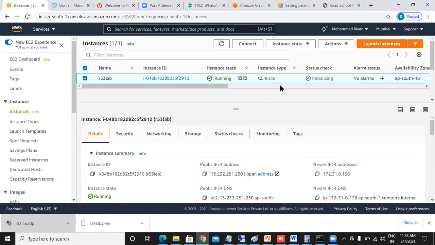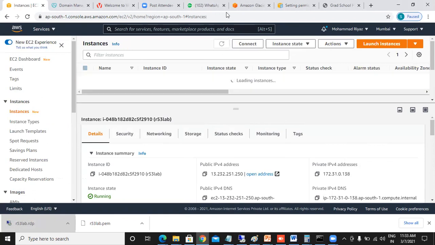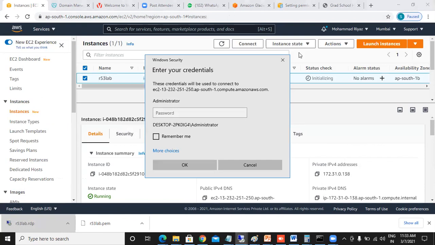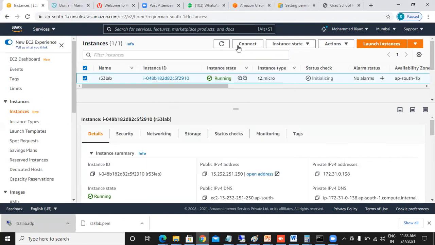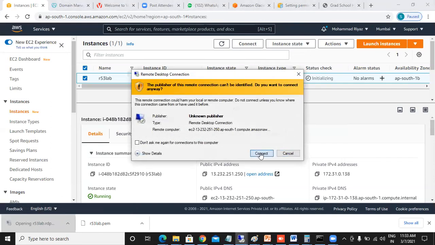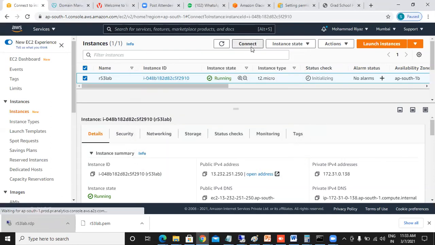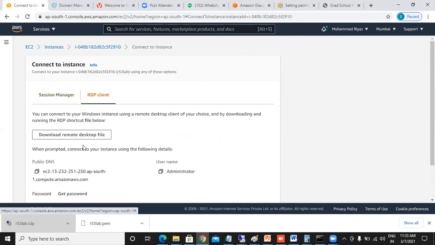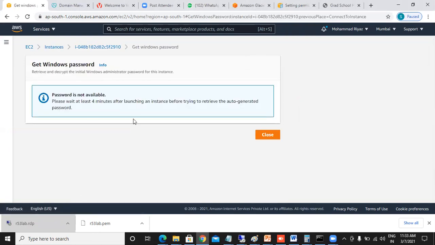You just need to give a minute's time. Click on this and say connect, RDP client, get password.